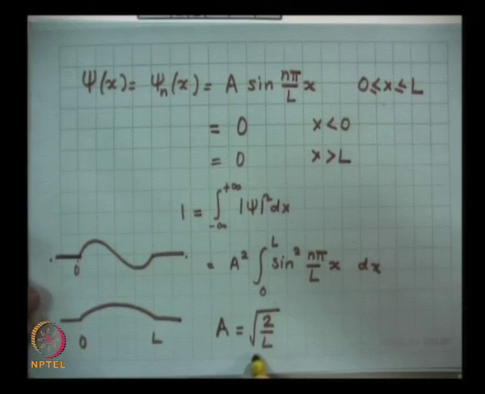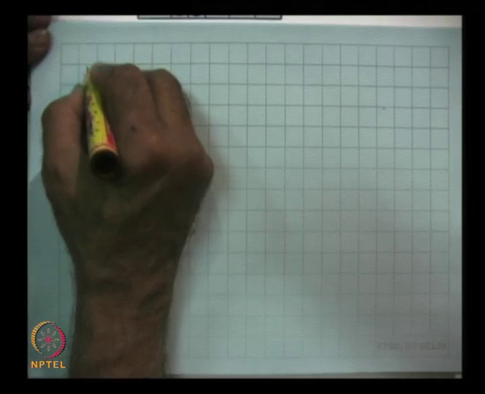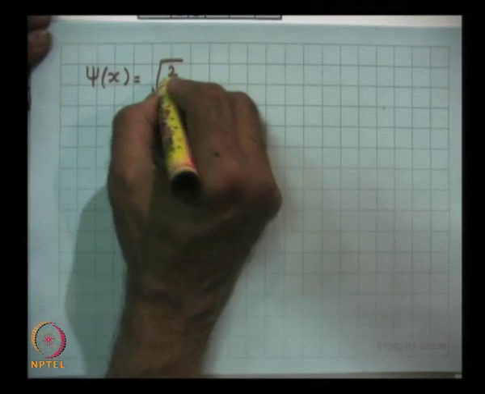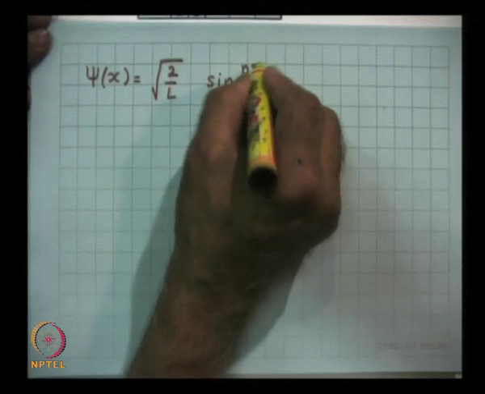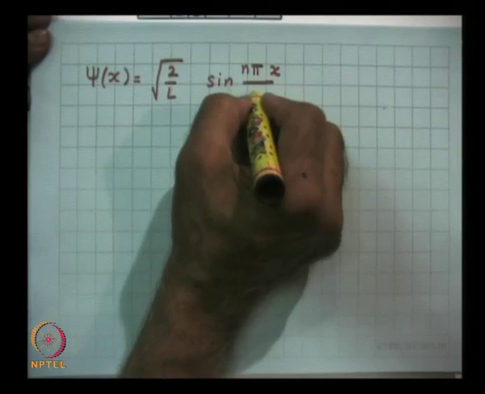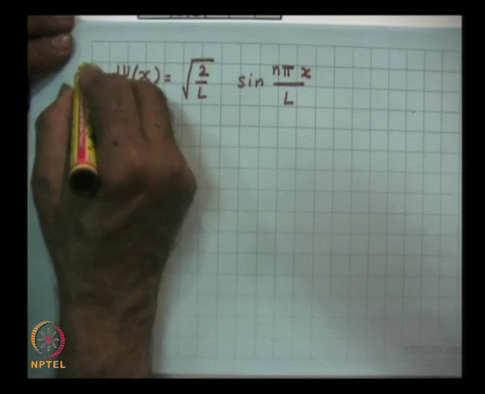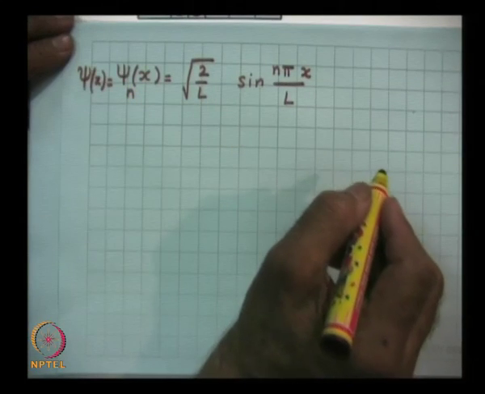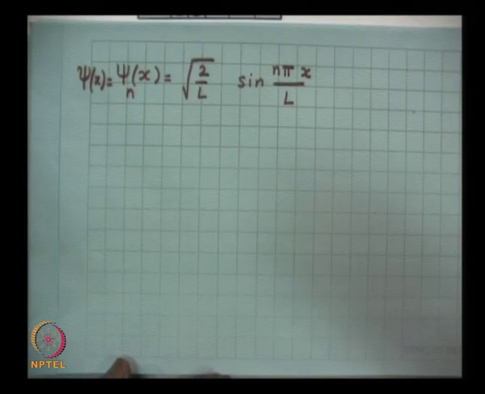So, this is known as the normalization constant, and therefore, for the particle in a box problem, psi of x is equal to under root of 2 by L sine of n pi x by L. Actually, you should write this as psi of x is equal to psi n of x. These are the discrete wave functions corresponding to the particle in a box problem